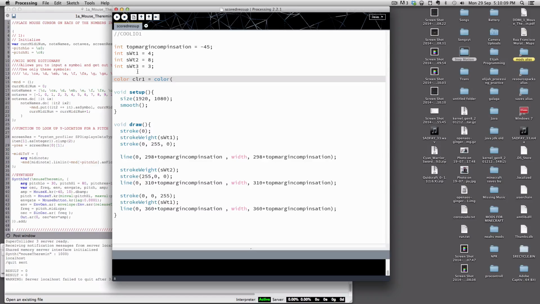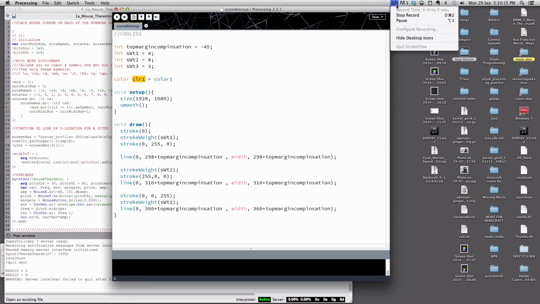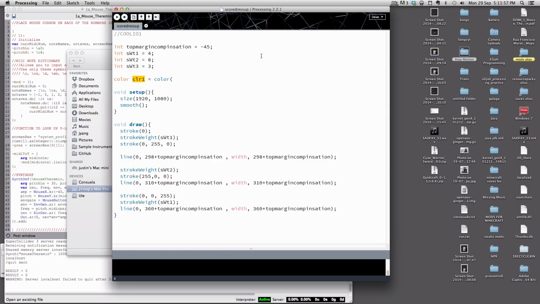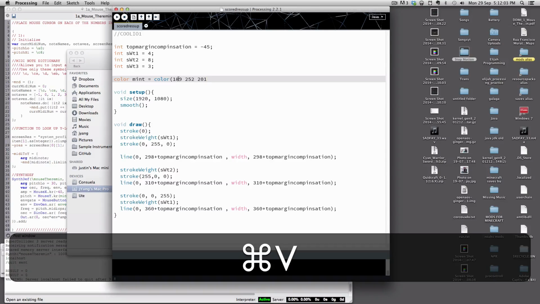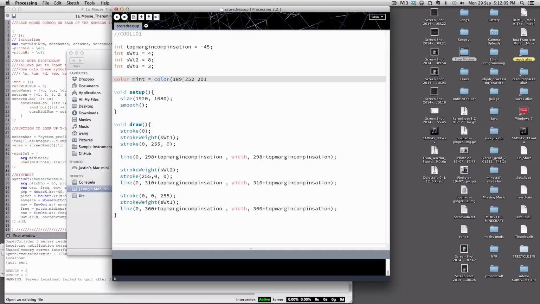Or in fact, if you wanted to be better, you can use an actual name. Let's call this one mint something, and you can look it up, and let's use that combination there. You can look these up on the web,